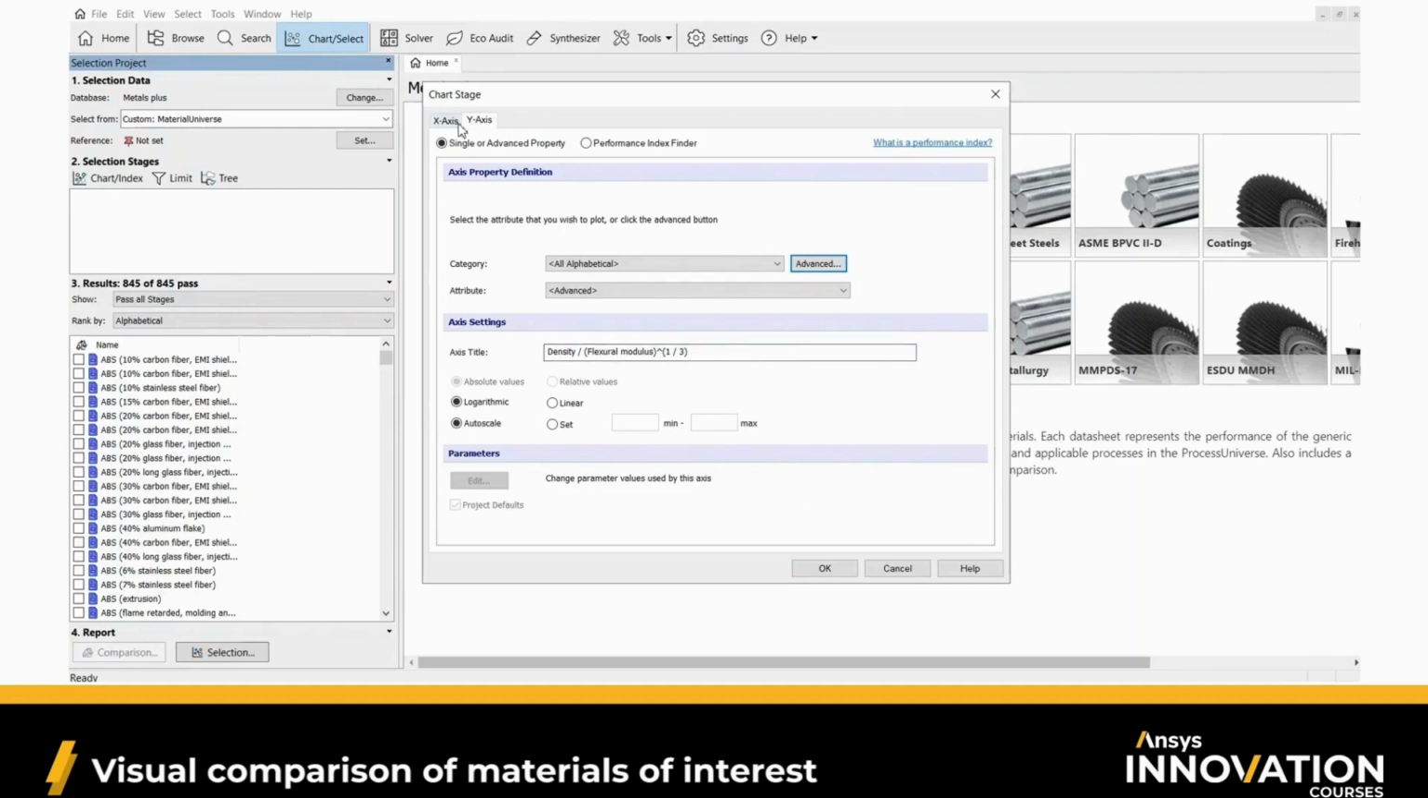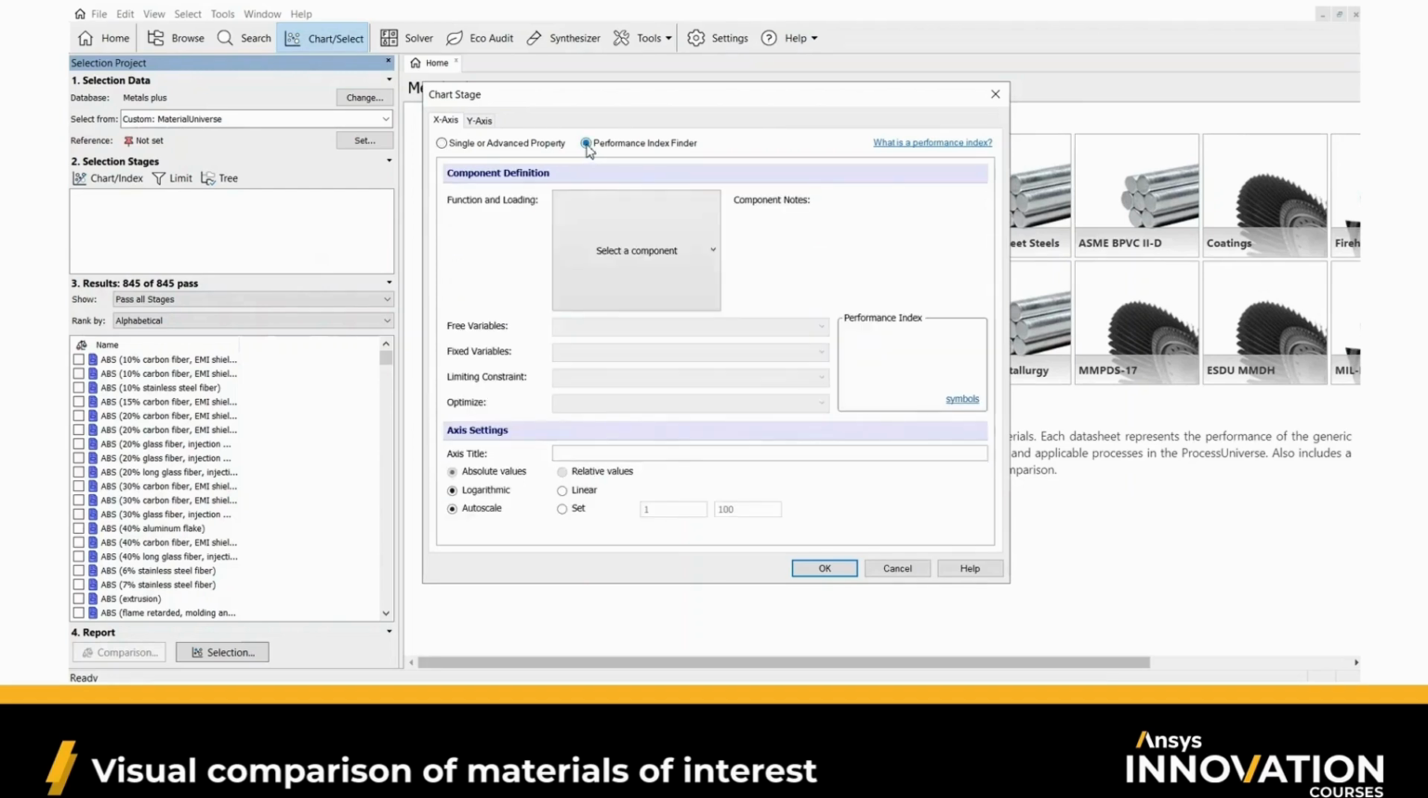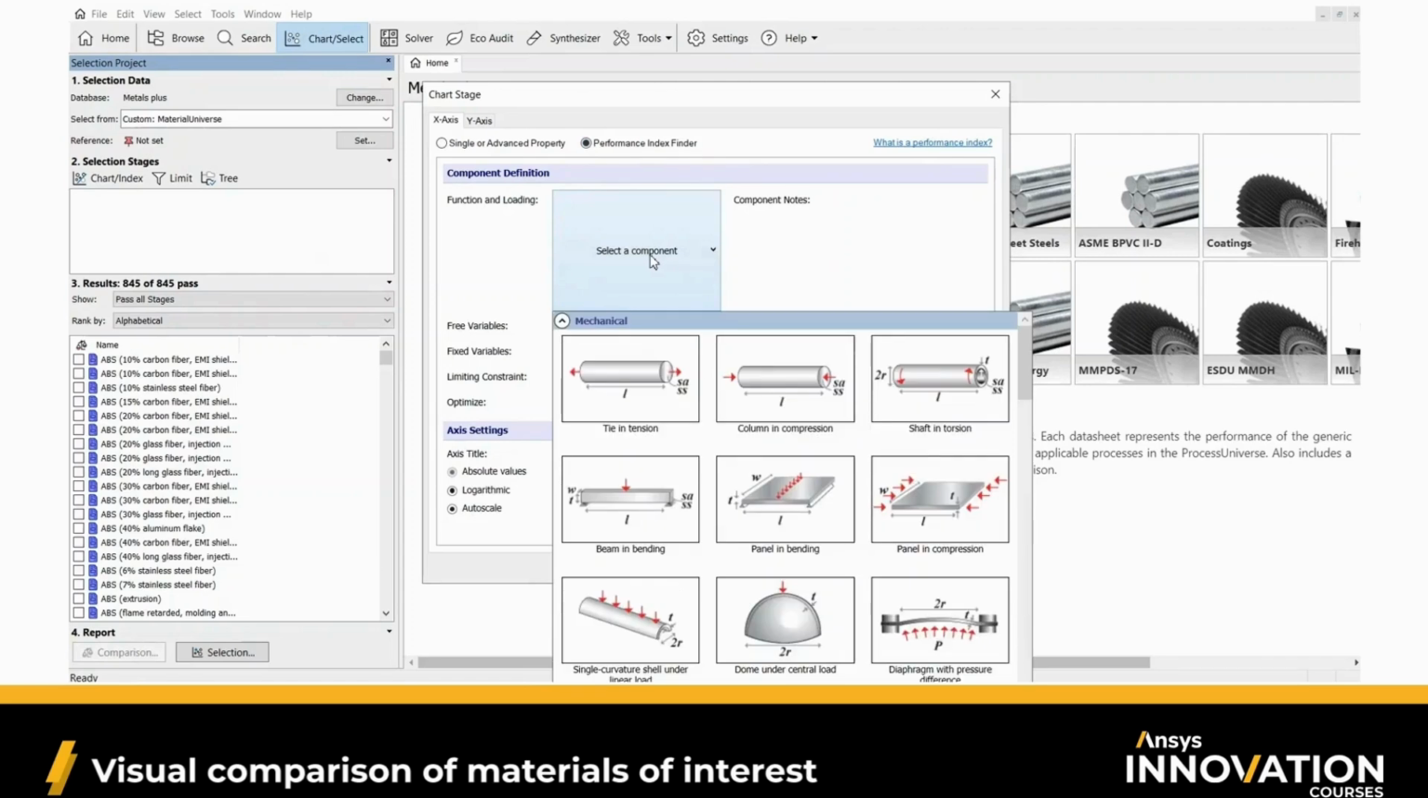And for the X-axis, of course, we can do the same thing and use the advanced option here, or we can use a bit more straightforward option that we have in Selector, which is the performance index finder. This helps you identify what is the relevant performance index for a specific objective and function for the application that we have in mind. So if I click on performance index finder, we need to identify the function of our application, and as previously mentioned, in this case we are dealing with panel bending,